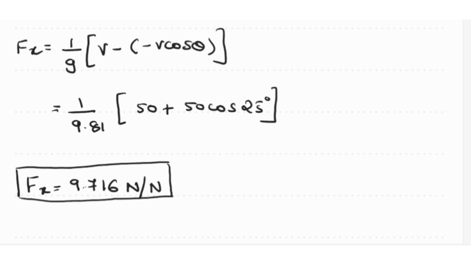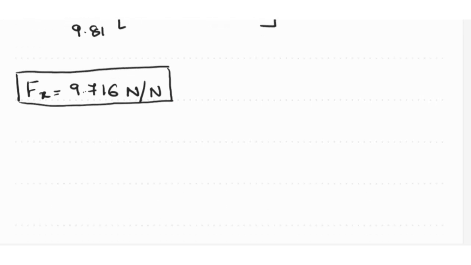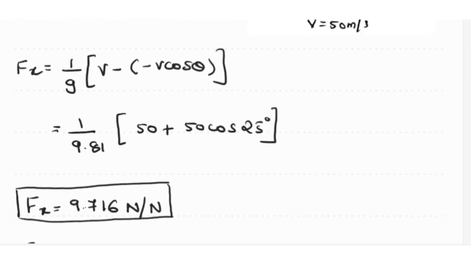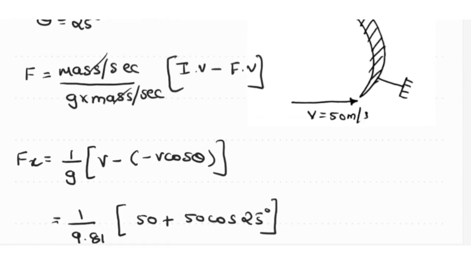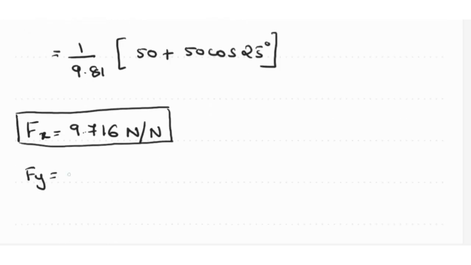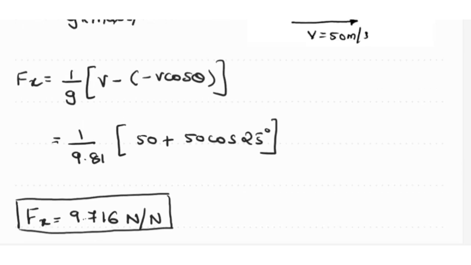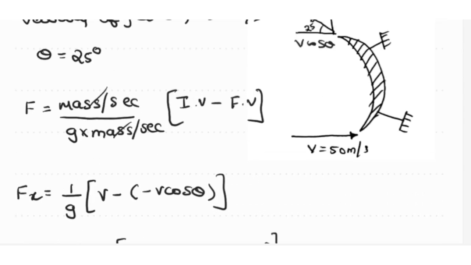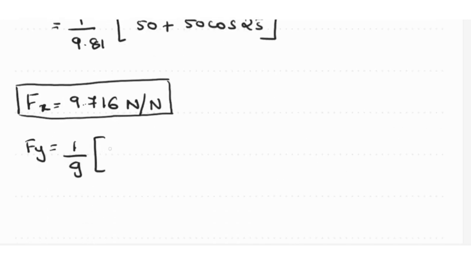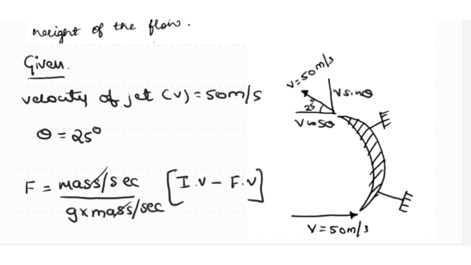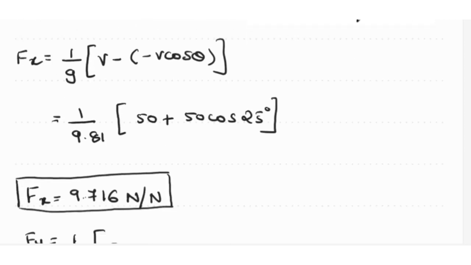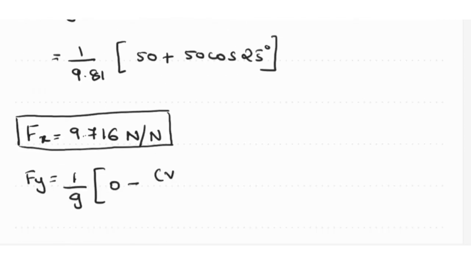So this is Fx. We should also calculate what is the Fy. So we have already written here the general thing, so there is nothing but 1 by g. So what will be the initial velocity in y direction before striking this curved plate? That is nothing but 0, minus what is the velocity after striking? That is nothing but v sin theta,